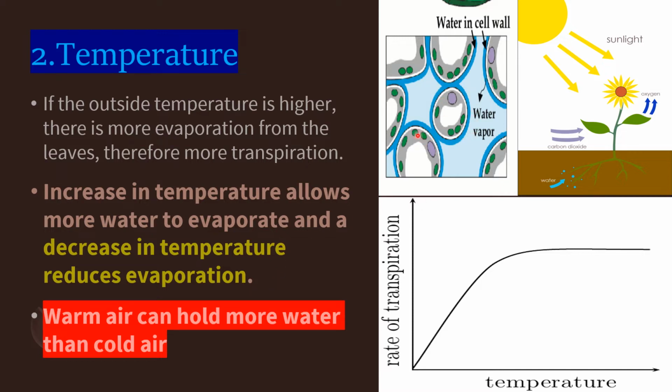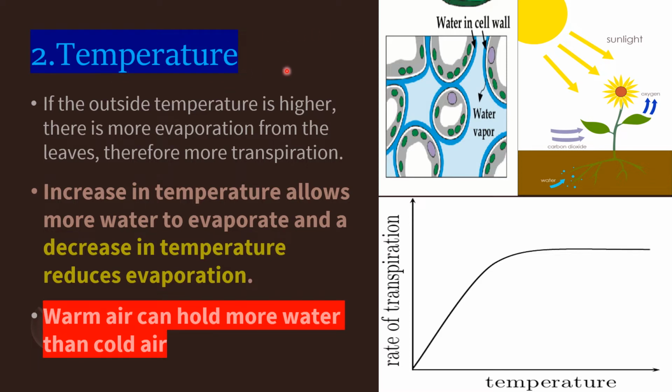Here you can see a thin film of water around the mesophyll cells. This portion we already discussed in the last video. When the temperature increases, this water is converted into water vapor that diffuses through the intercellular spaces. Finally, it will reach the substomatal space. Then it will escape through the stomata, as we already learned. Right. Then here you have to know that in all